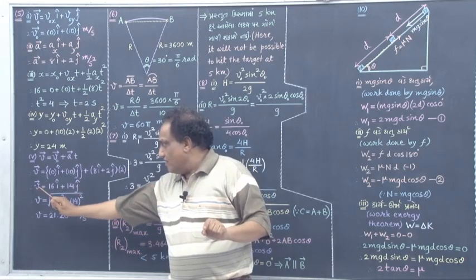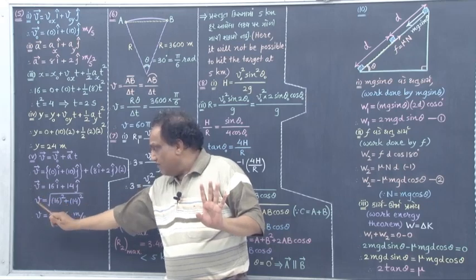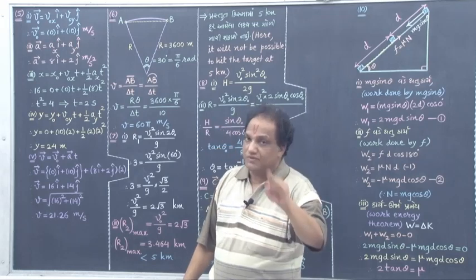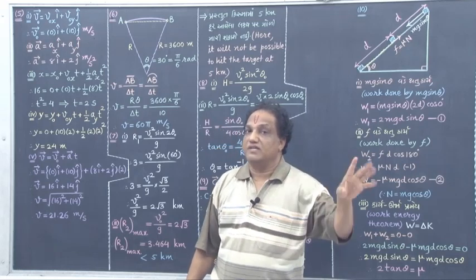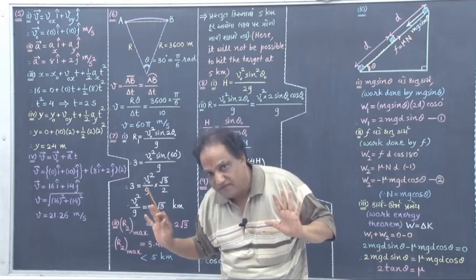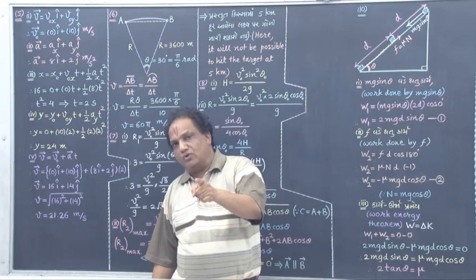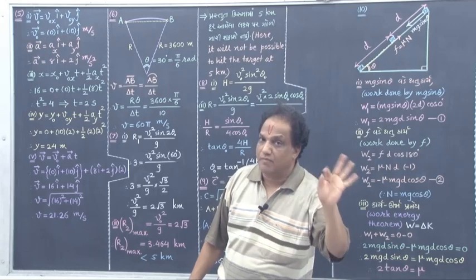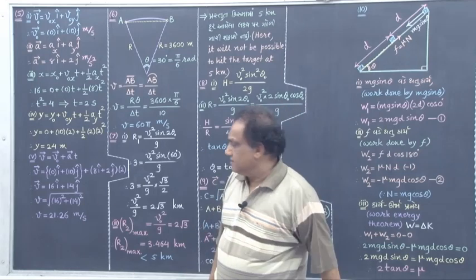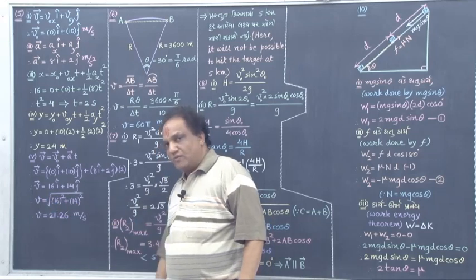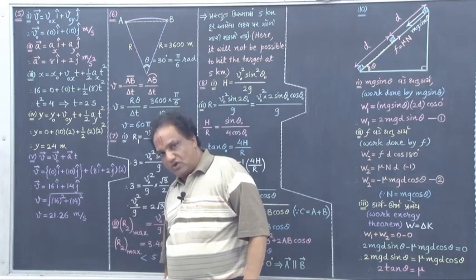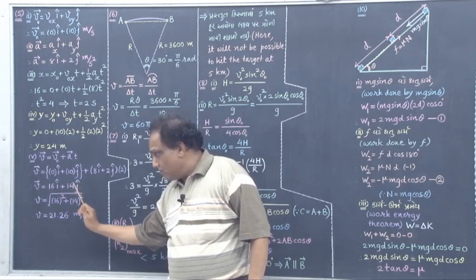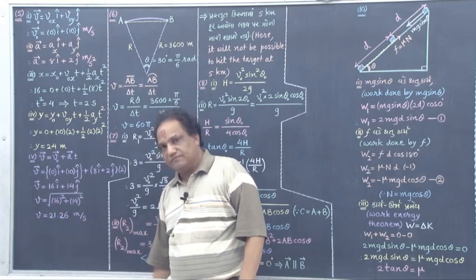And now if you require the magnitude of this vector, then you can write v equals the square root of the summation of squares of the coefficients of i hat and j hat, here in 2 dimensions. Or you may say the magnitude of any vector is always equal to the square root of the summation of squares of its mutually perpendicular components. At present v equals the square root of the summation of squares of the coefficients of i hat and j hat. They are right now 16 and 14, correct.